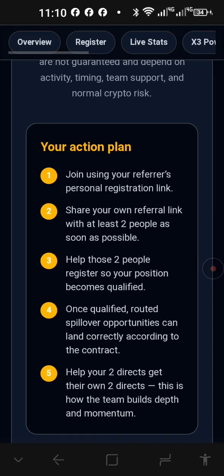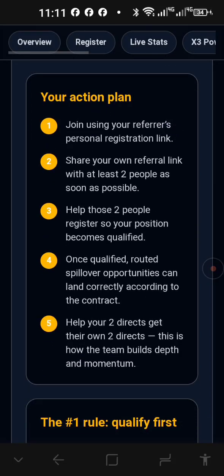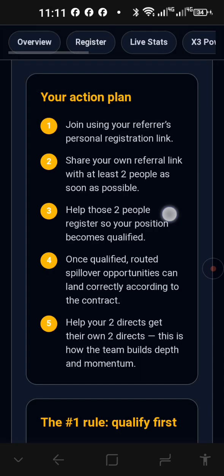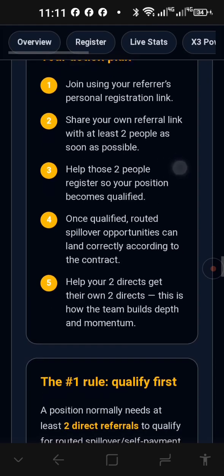Right, what is your action plan? After you've registered, you share with 2 people, or you qualify yourself. There is no KYC needed in X3 Matrix, so you can qualify yourself by adding 2 more positions on your first link, and then you can start to refer other people with the link of the other 2.